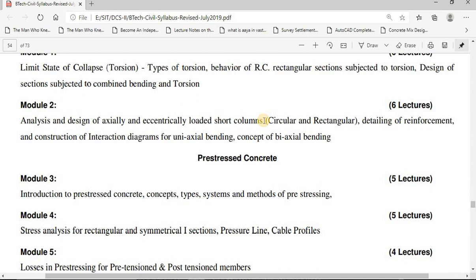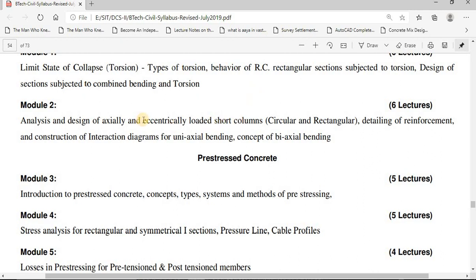When the short column is subjected to load axially, meaning the center of gravity of a column is going to coincide with the center of gravity of load, that is called an axially loaded column. And when there is an eccentricity, meaning whatever the distance which is there from the center of gravity CG of a section to the point at which load is acting, if there is some distance between those 2 points, that is called